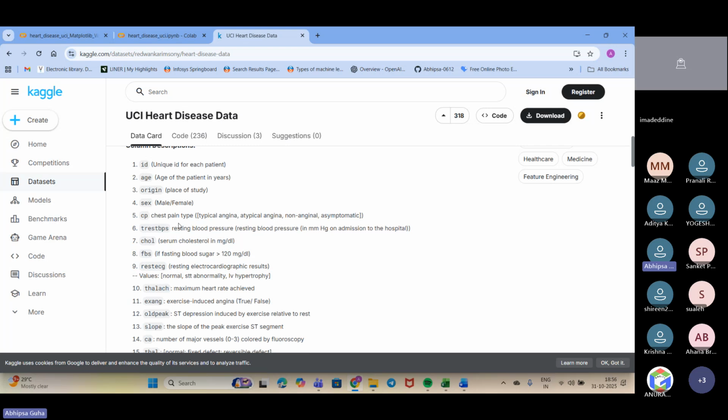So we have UCI heart disease data. So CP is the chest pain type. What is the type of the chest pain? Like typical angina, atypical angina, non-anginal, or asymptomatic. Then